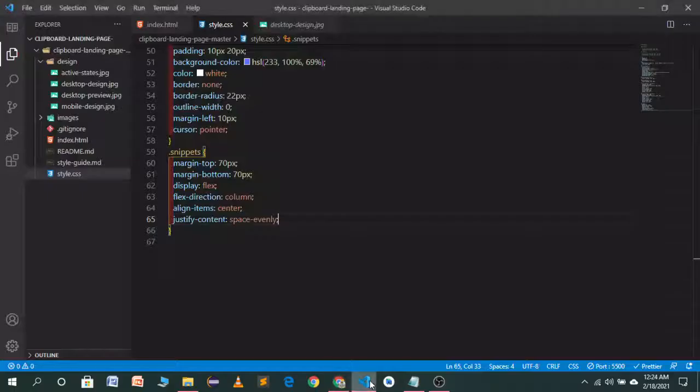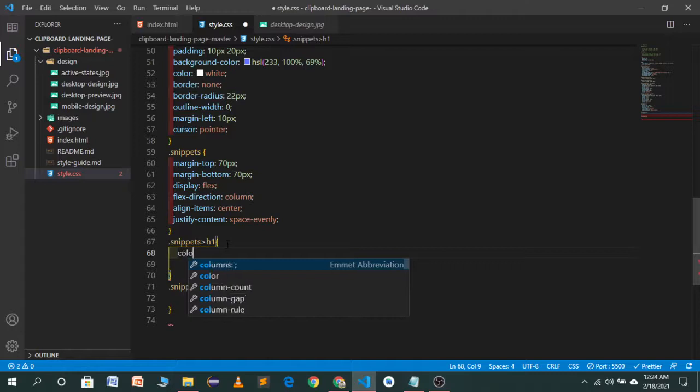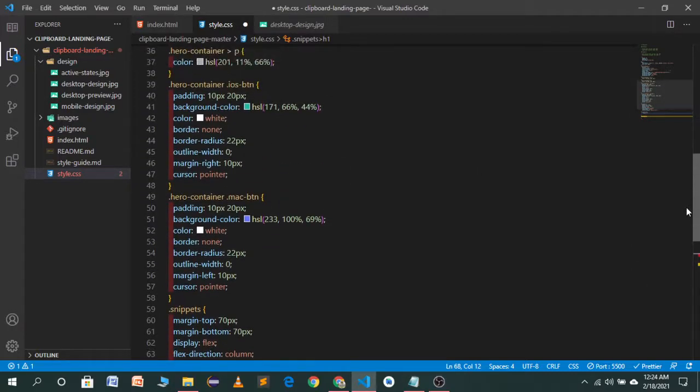We just have to target our paragraph, and the snippets, let's target the h1 tag and dot snippets p tag. So the color will be same as we used for our heading.